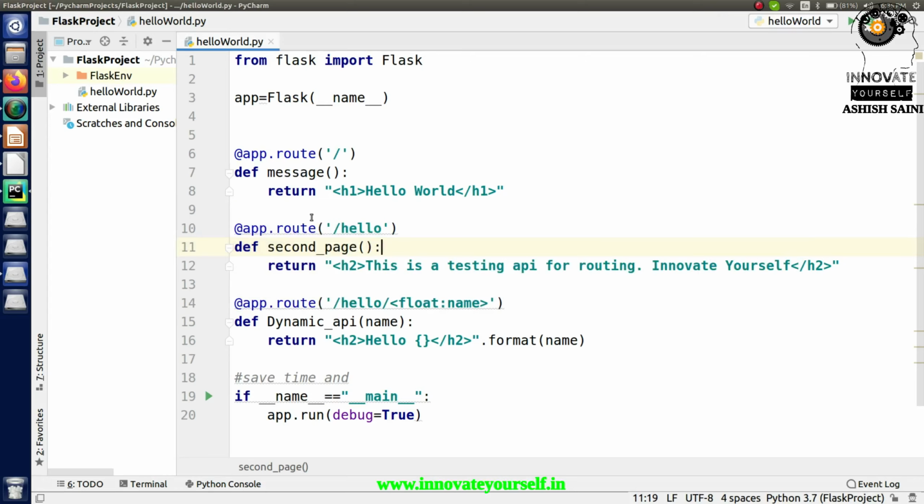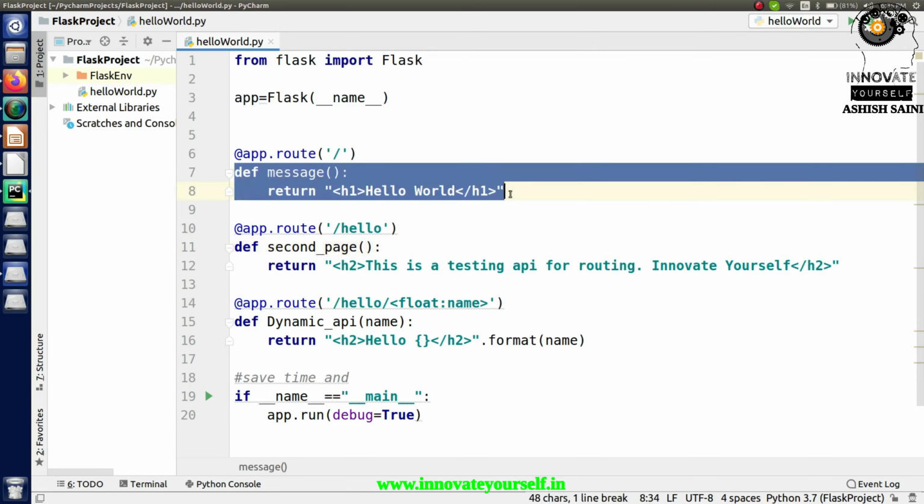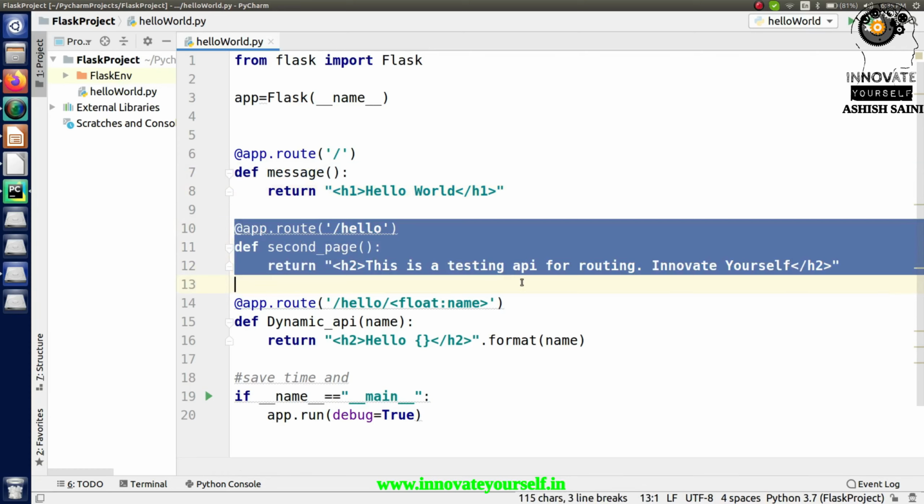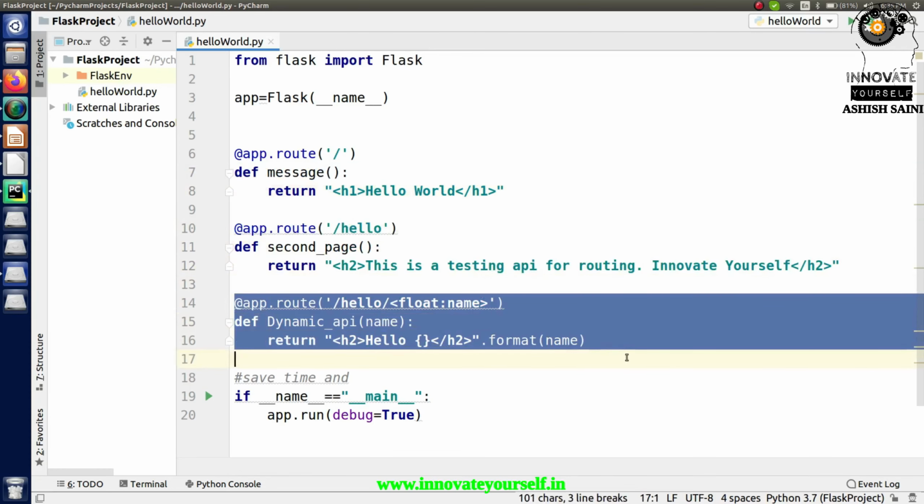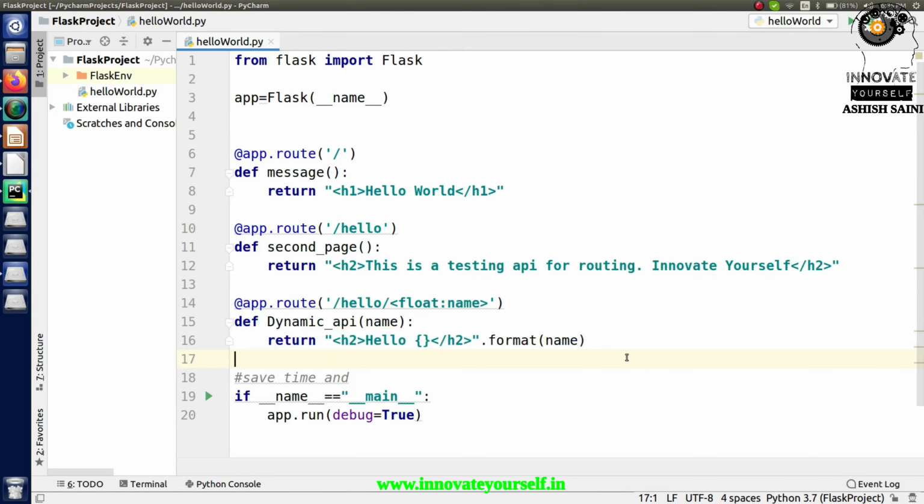Let me tell you what exactly I'm going to do right now. Let's say I have this URL, and a second URL. Similarly, I will create another URL with respect to another route, and there I will enter some value. Whatever value I enter, I have to check whether that value is linked to the admin part or to a normal user. If it is the admin part, I have to say hello admin.